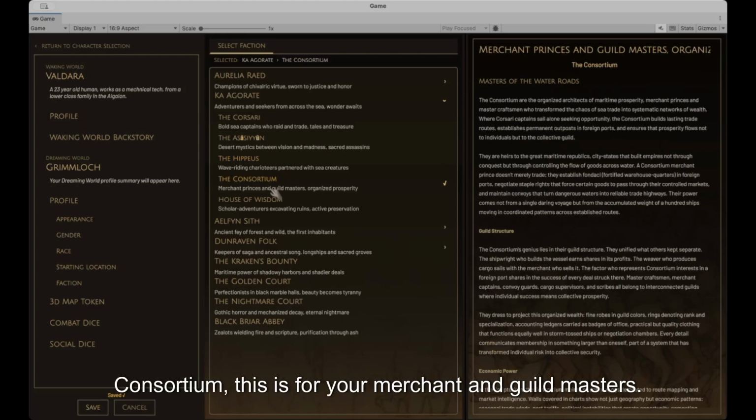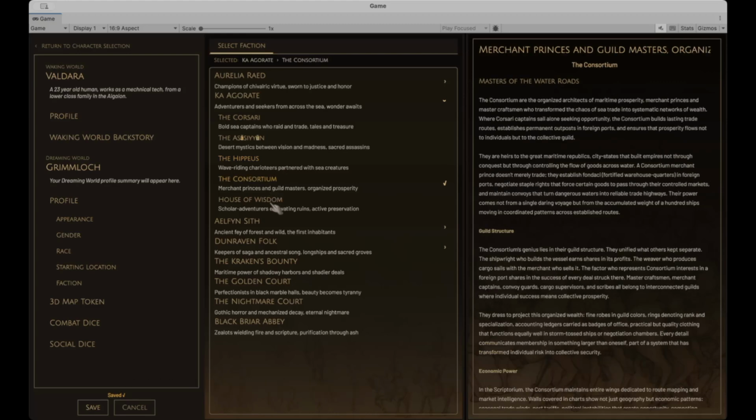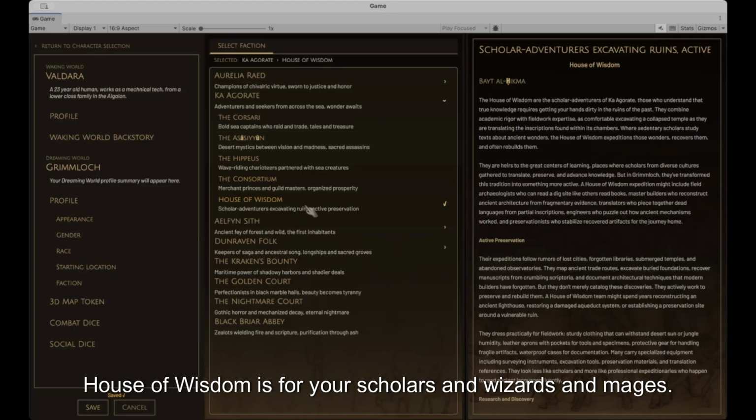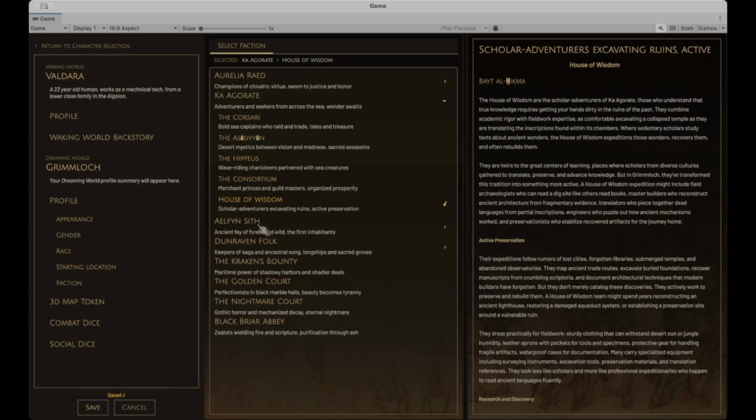Consortium, this is for your merchant and guild masters. House of Wisdom is for your scholars and wizards and mages.